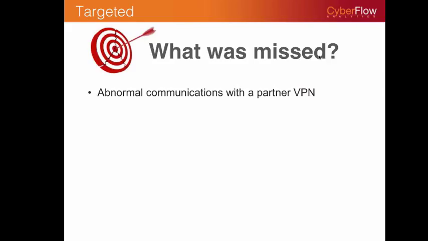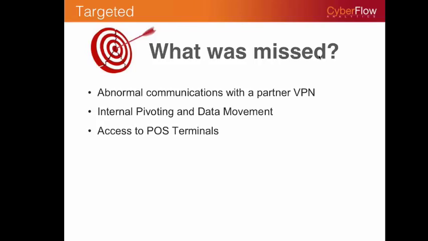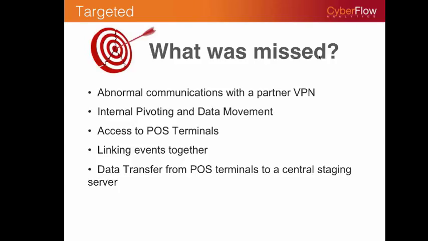What was missed? Well, what was missed was a variety of abnormal things. Abnormal communications with a partner that never occurred before. Internal pivoting and data movement that was occurring within the network, and nobody noticed. Access to POS terminals from machines that never spoke to those terminals before. Linking all of these events together, correlating them and showing them, even visually, what the links are between these anomalous and not normally seen and potentially